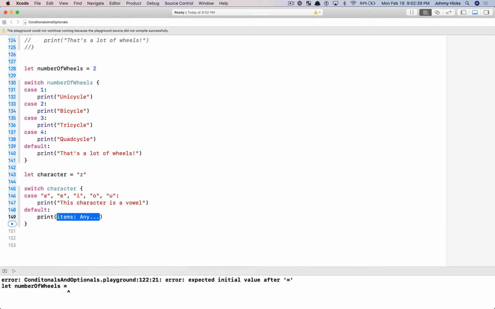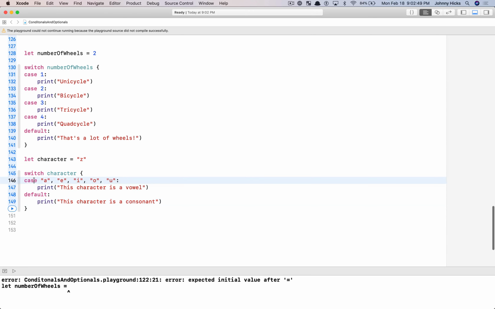Otherwise, if we don't meet any of those cases, then we know that our character is a consonant. That's another awesome thing with switch statements: I can combine these cases here. We can check if it's any of these, then we know that it's a vowel. Otherwise, we know that it's a consonant. So we'll run this code,